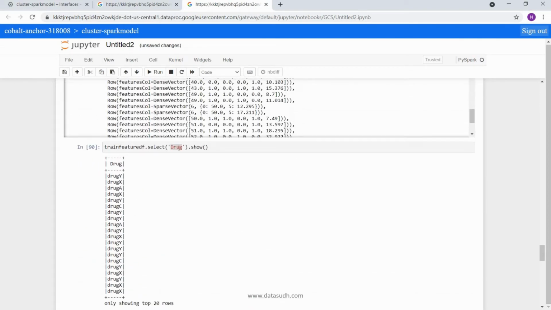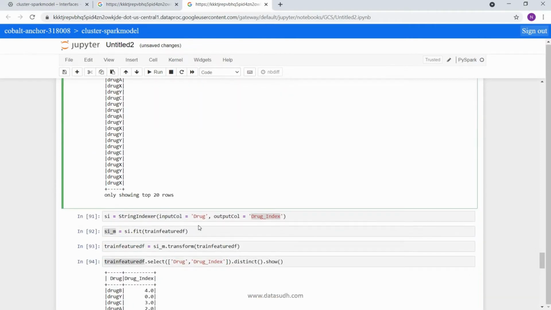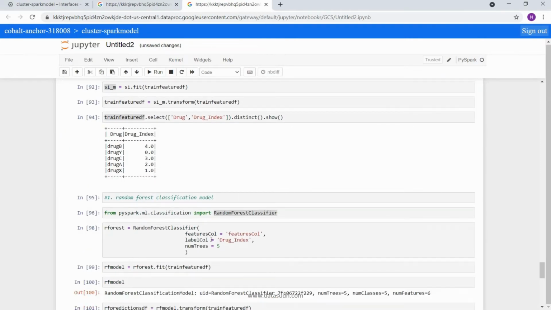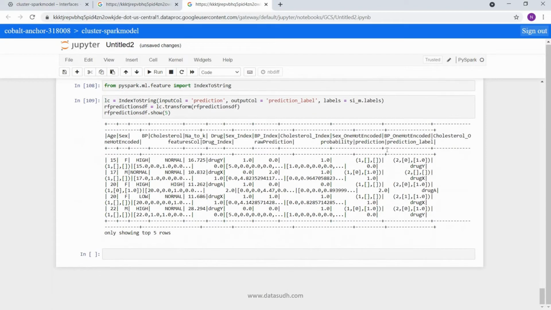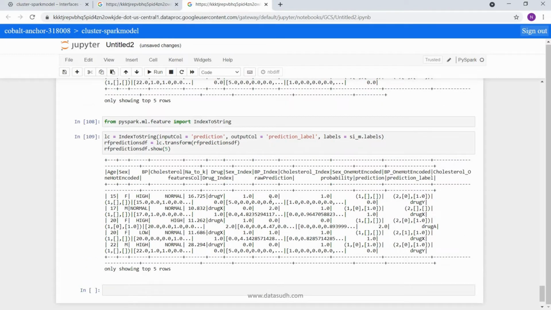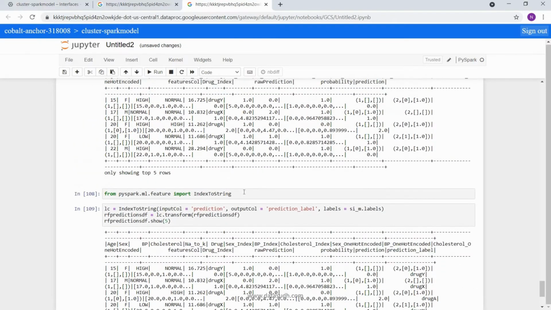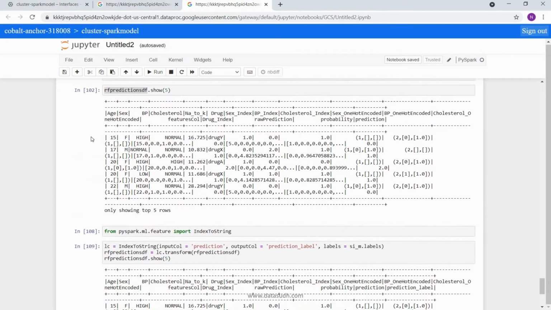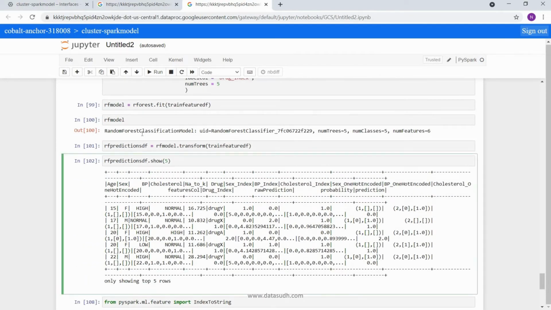If your target column is already numeric, then you don't need to convert it into index and convert the index back to label for your predictions. You can skip that. But if it is a label value, then you need to do it. So we have trained and built our random forest classification model.